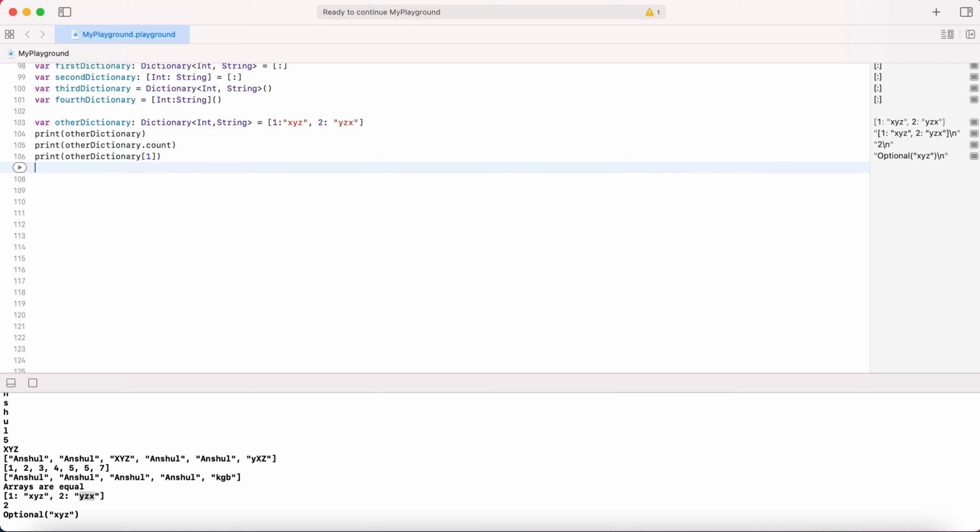And if you want to change the value, what I am going to do is change the value here.